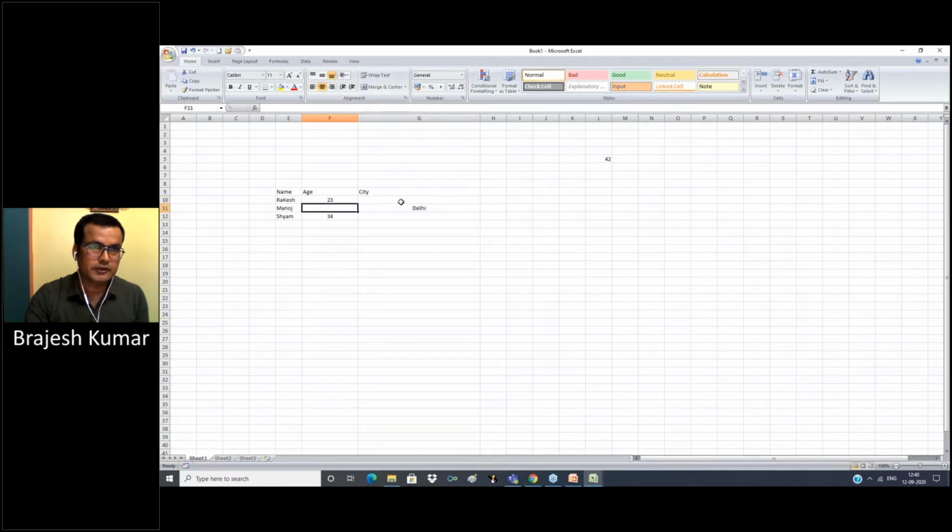Now see, this cell is blank, and you can face this problem in your daily work. Some column cells are blank and you put NA or anything there. So if there are more than 100, 200, 300 blank cells, it is not feasible to put it manually one by one. So for this we use